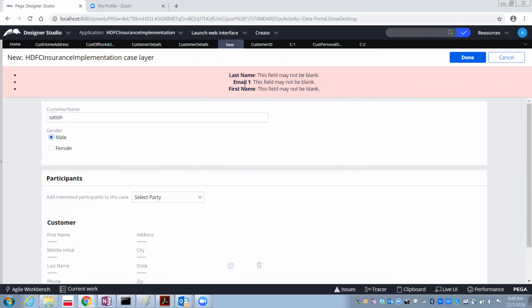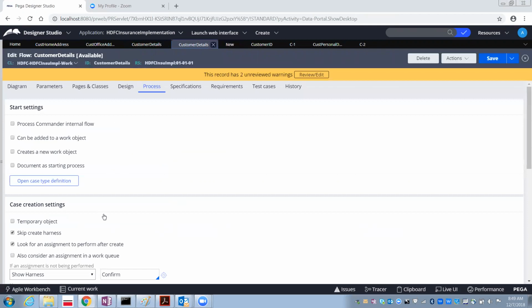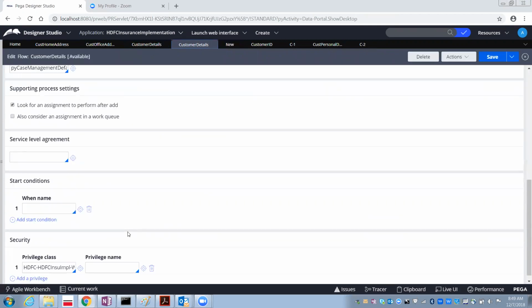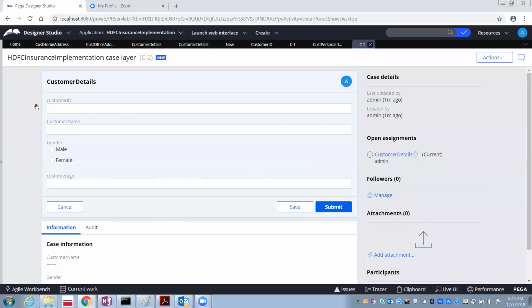Now after adding work parties like PY case management default in the flow, when you run it, you will be able to see the customer ID, customer name, gender, customer age, and the errors got removed.